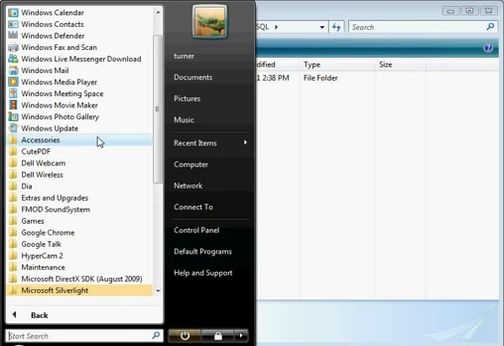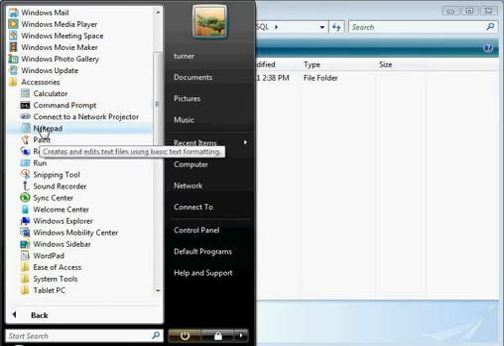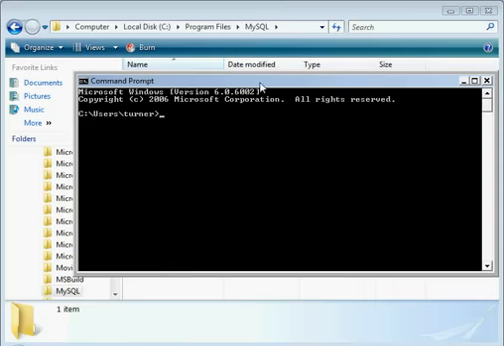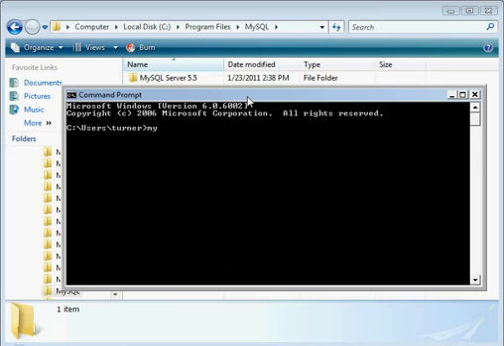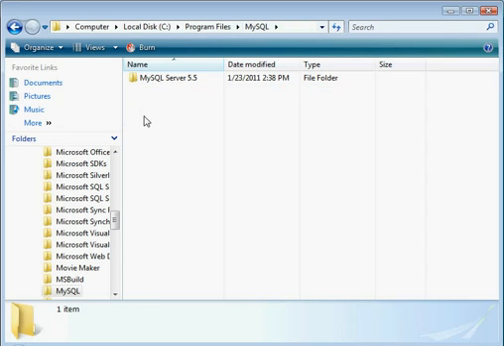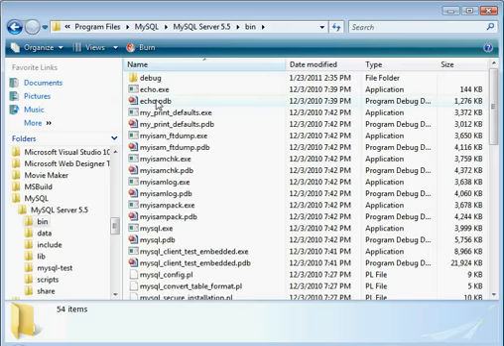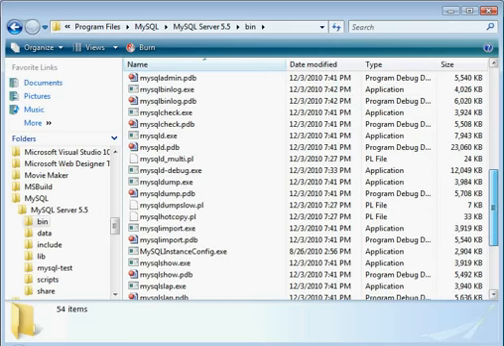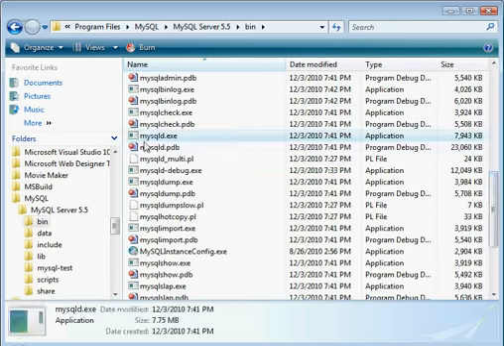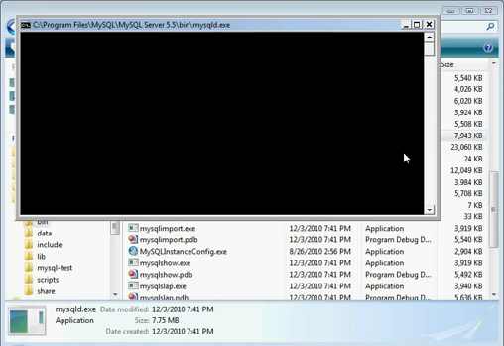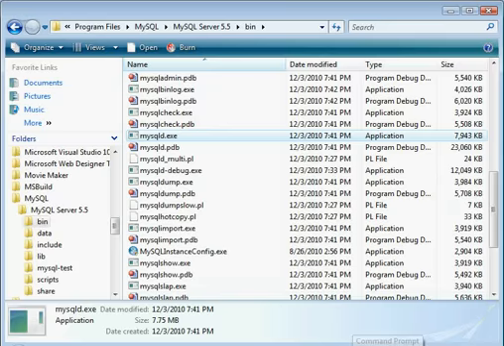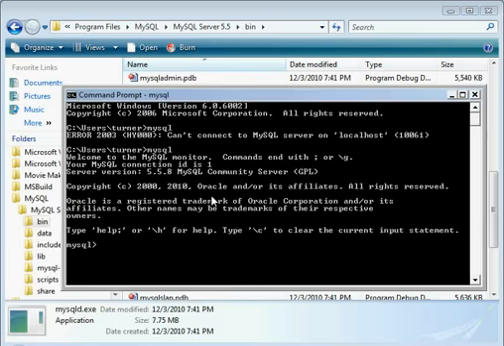Let's get a terminal window here, or command prompt. Type in mysql. Can't connect to the server, it's not running. Let's start up the server. I go into the bin folder here, look for mysqld.exe, start that up, come back here. Good, we connect,